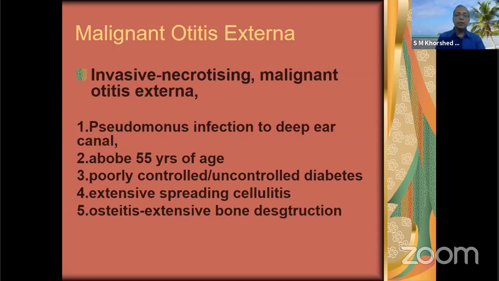This is an extensive spreading cellulitis with osteitis and excessive bone destruction. And disease of one side of the ear can go to the opposite side also through the petrous temporal bone, not through the outside, but inside; both petrous temporal bones are connected through the foramen magnum. So these are important points to remember. Severely painful condition, diabetic patient, more than 55 years, infection is Pseudomonas, and there is extensive cellulitis,